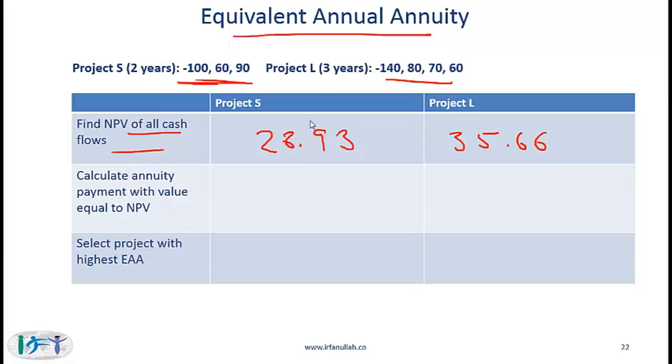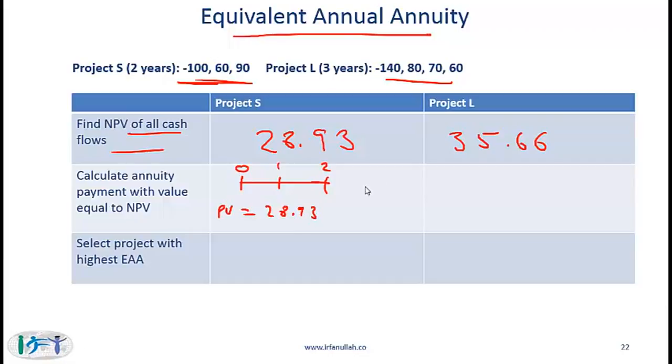If not, then we have a larger problem. Then what is the annuity amount which is equivalent to this number? And again, this should be easy to do on a calculator. What we are saying is the following, that this is time 0, time 1, time 2. On your calculator, if you plug in a present value of